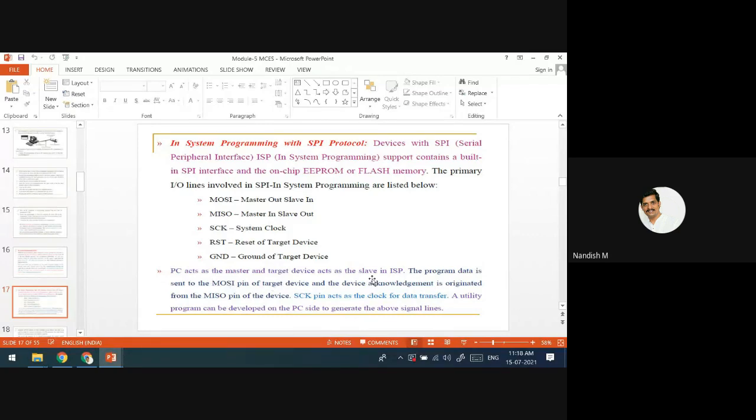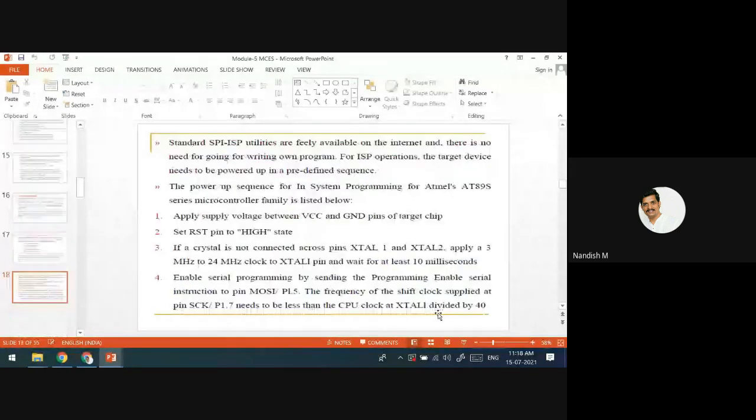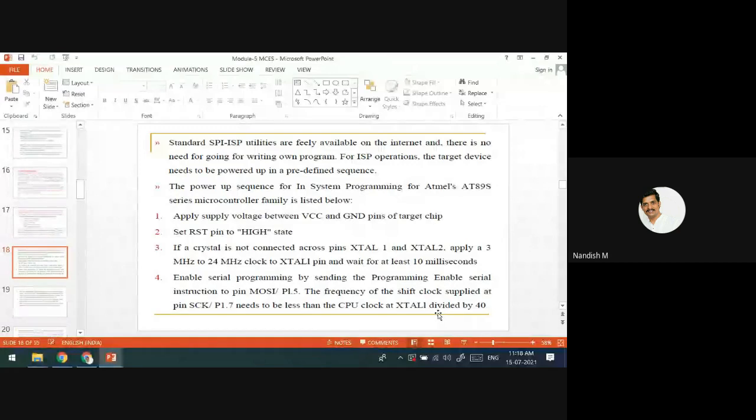What can the slave send? It can send only the acknowledgement that it has received. On data transfer speed, the computer may be faster, the target device may be slow. In order to synchronize that, you have a clock pin, a synchronized clock pin, that acts as a clock for the data transfer. That is going to synchronize the speed between both the devices. That is what we are going to discuss now, how exactly it works step by step.